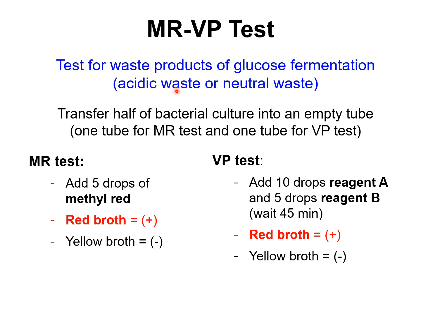Now, remember how I said when bacteria ferments, it produces an acidic waste. So the methyl red is going to help you determine whether it's producing an acidic waste or not. Now, the VP test is going to tell you whether your bacteria is capable of fermenting glucose, but it's actually